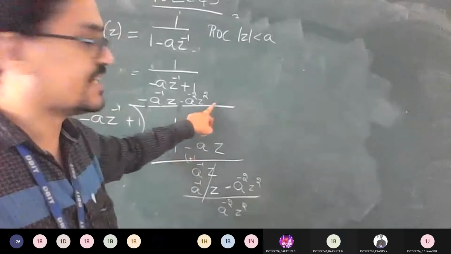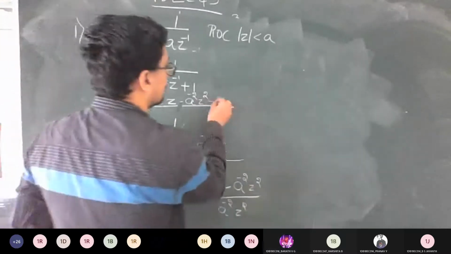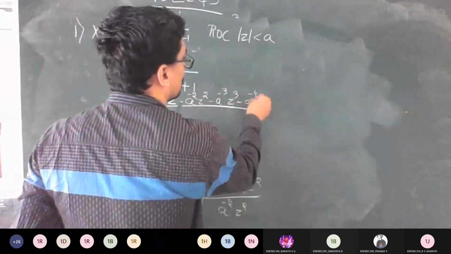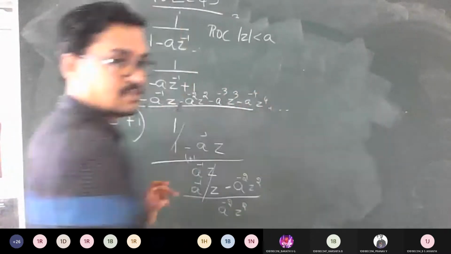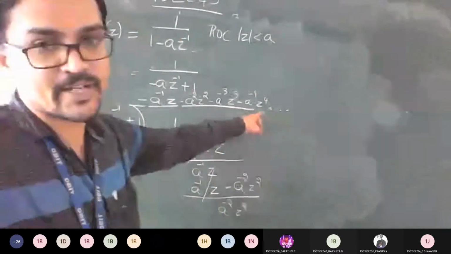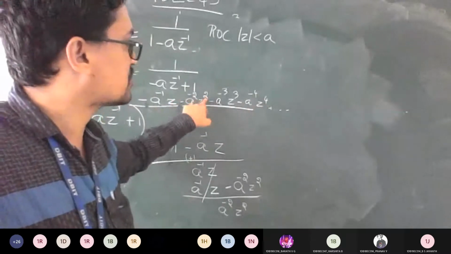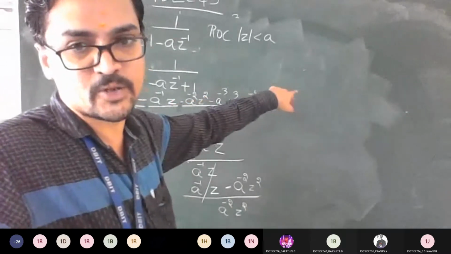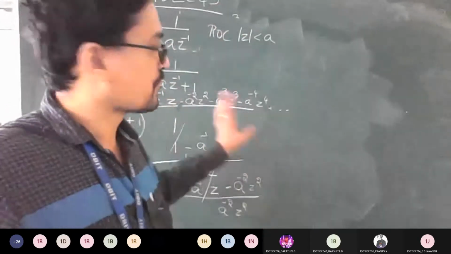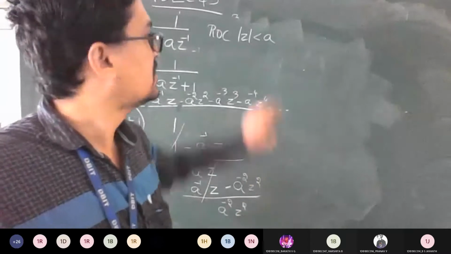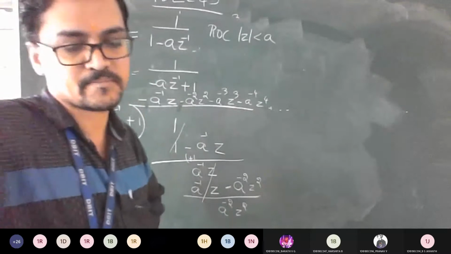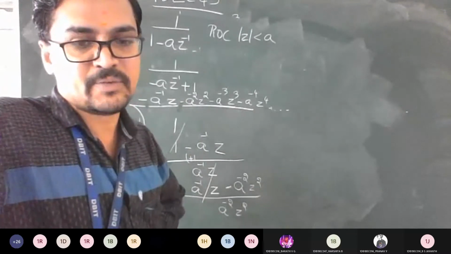Good, so now proceed. Again what should you give, guys? It is minus 3 z cube, correct? So likewise if we keep moving, minus 4 z power 4, and so on. If you give that, the corresponding long division technique will occur. Now look at the powers. You can see the difference now: z, z square, cube, 4. So positive powers of z you are going to get, which was not there in case of your earlier category. That is the slight change from the previous division to this division if it is z less than a. Am I clear till here?